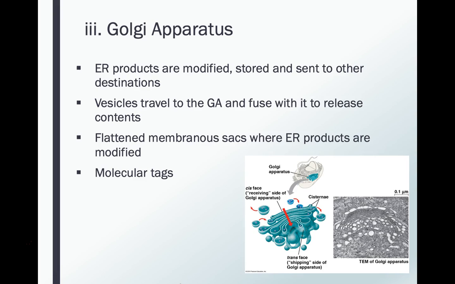So those little vesicles will pinch off of the ER. We've got one here. It'll pinch off of the ER, and then it will fuse with the Golgi apparatus. And when it fuses, it dumps its contents into the Golgi apparatus. So the Golgi apparatus has two sides. The cis side, remember that term from chapter 3, cis means same. So on the same side as the ER, that's where it's going to accept those vesicles and accept the cellular